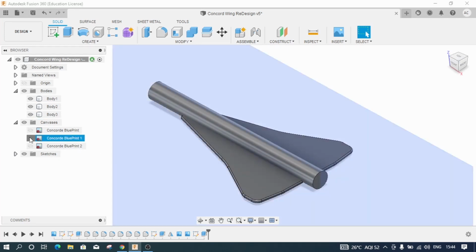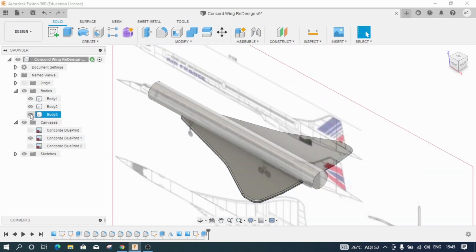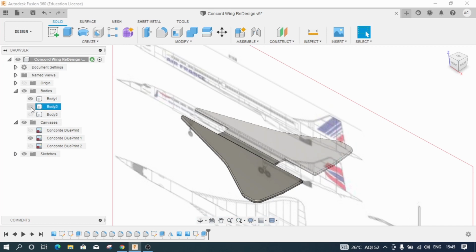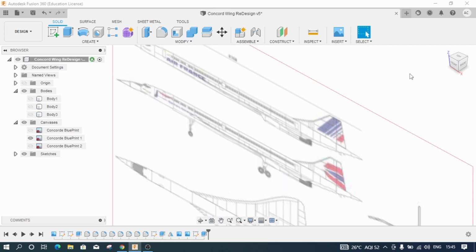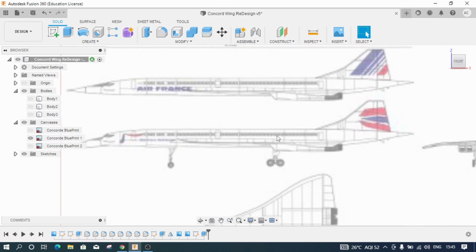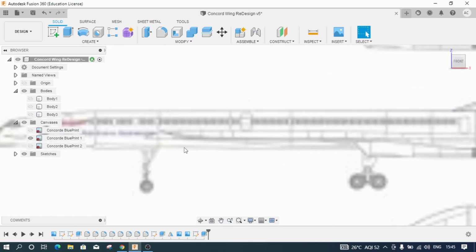If you can see, and if I try to hide these bodies, there is a belly. This belly is nothing but the fuel where the aircraft stores its fuel. There is a small belly kind of a structure which you can observe. We need to design that.